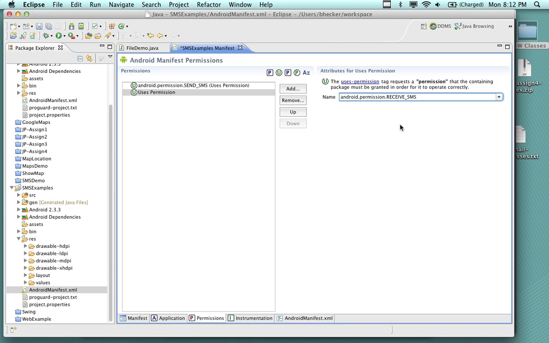And same thing for maps. It won't make the instance of the location manager, which does require location. So